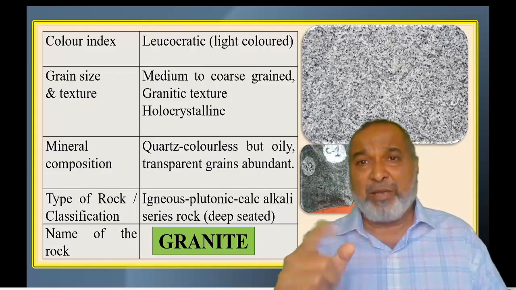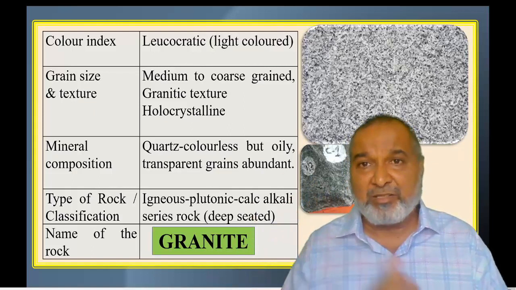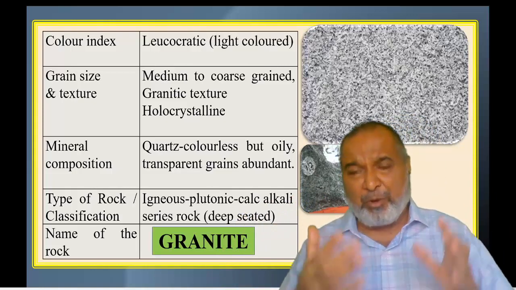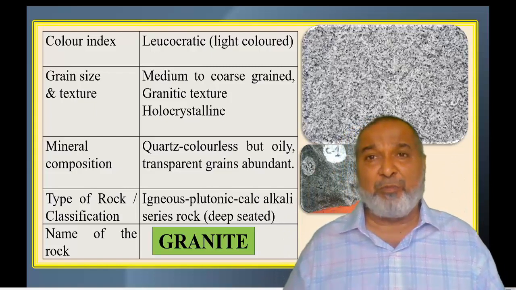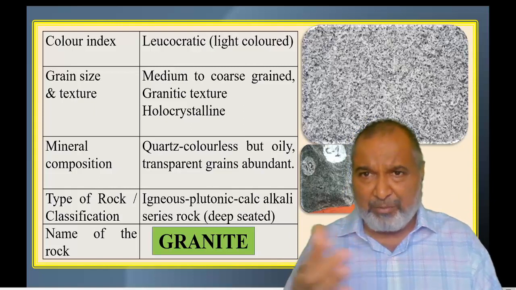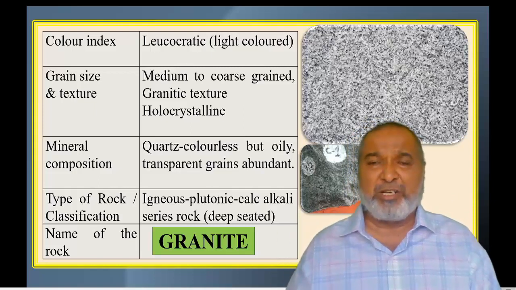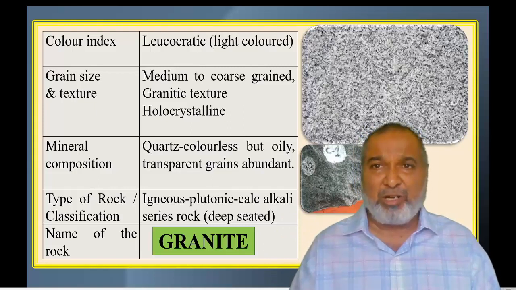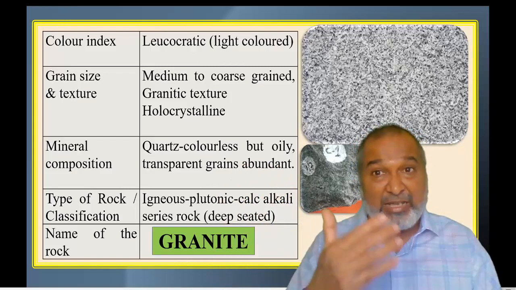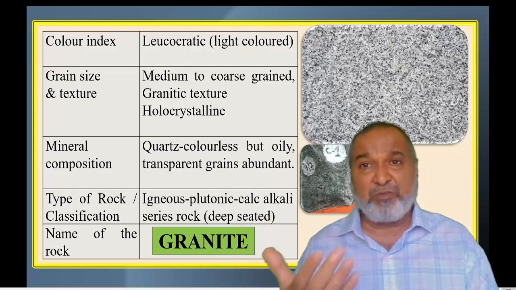Now next, since it is a light color rock, we have to identify the minerals. You have studied the minerals in physical properties, and we have seen the list of important rock forming minerals. Whenever you see the gray color, most of it is the white color, and in that white color there are two minerals: one is quartz and the second is feldspar. Then the third one, calcite, but they have different properties. What is the important property of quartz?